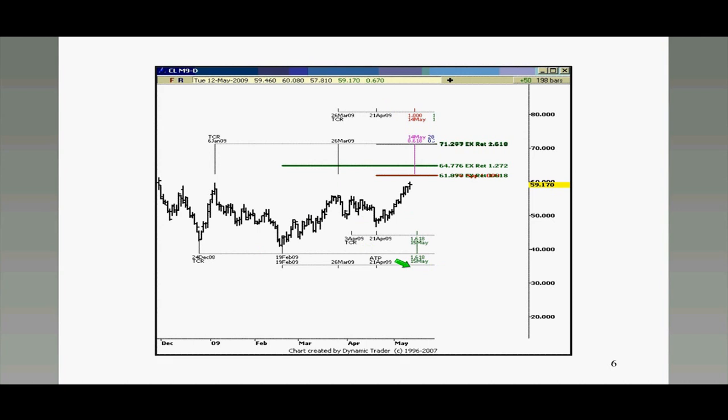All you're doing is picking the key highs and lows. Some of them are obvious to me, but they may not necessarily be obvious to you. The standout pivotal highs and lows are the ones that you want to mark off and run the cycles from. There also has to be enough time in between these swings so that when you run